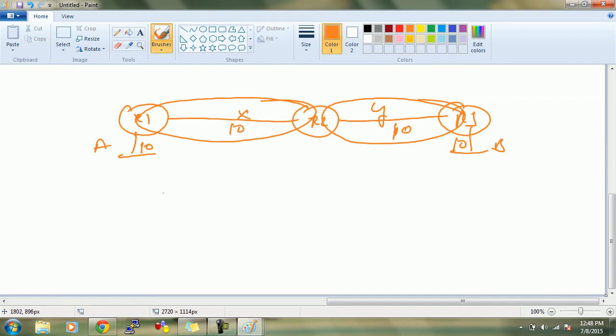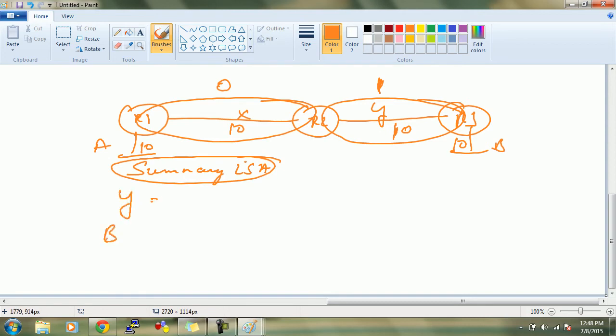Fine. Now, area 0, area 1. In area 0, summary LSAs will be network Y, network B, mask, their cost. Its cost is 10. Now, in area 0, when R2 will give this LSA to R1,